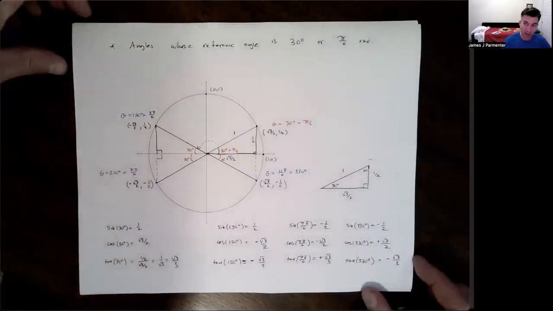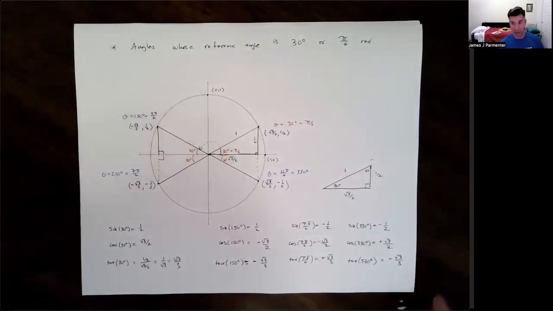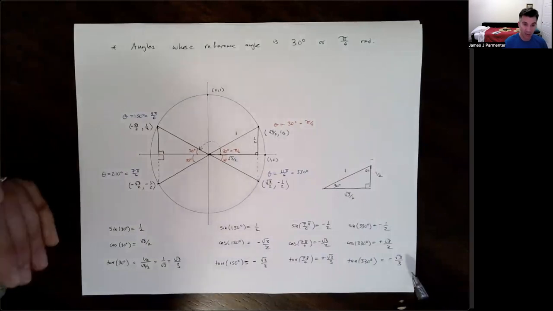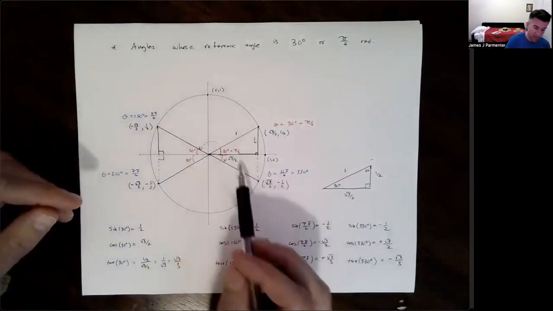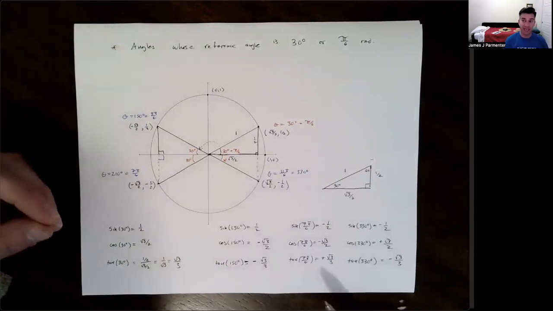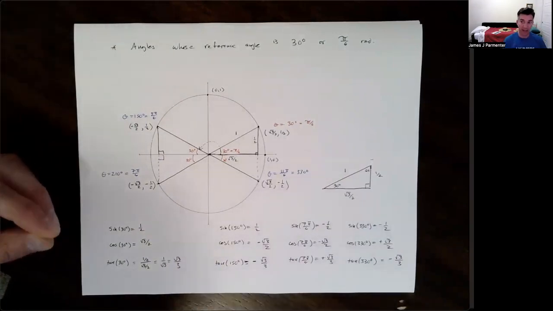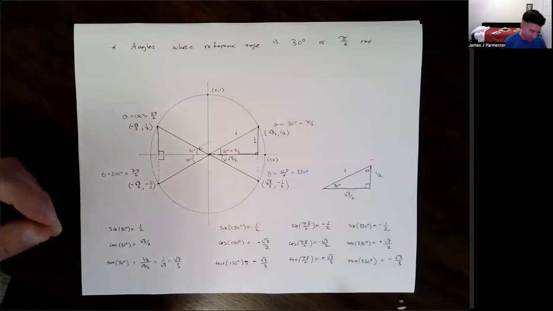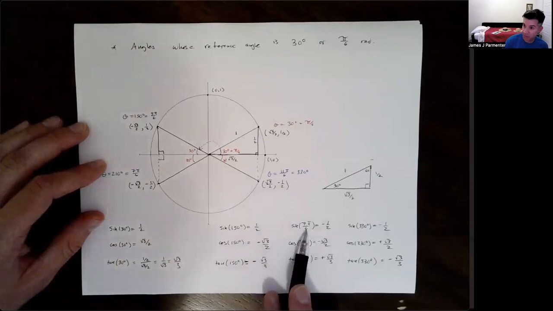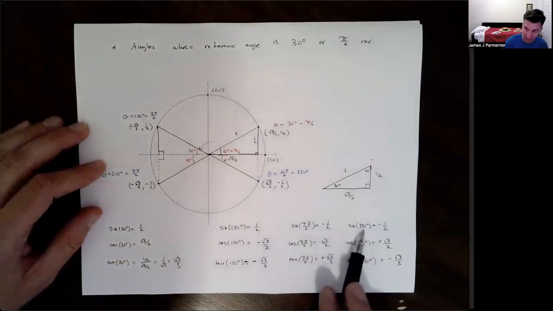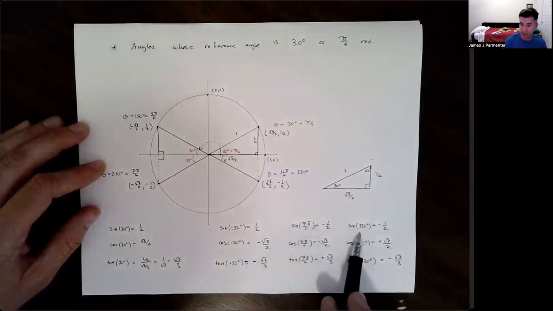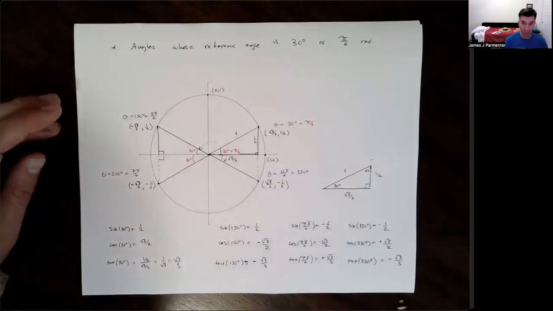Okay, so here's the takeaway that I want you all to see. We're going to see this 2 more times with the other kinds of angles. Any angle that has the same reference angle has the same trig function values up to a sign difference, SIGN, not SINE. So whether your angle is 30 degrees, 150 degrees, 210 degrees, or 330 degrees, or π/6, 5π/6, 7π/6, or 11π/6 radians,